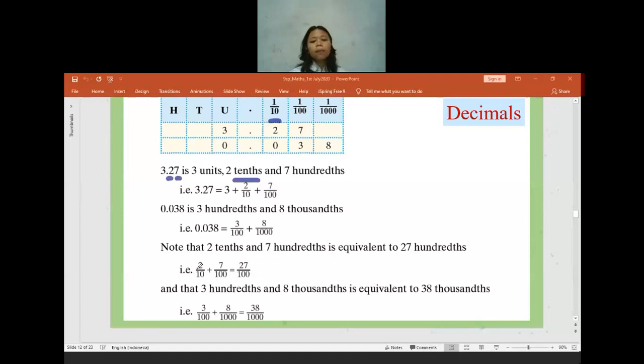And so on. I think you are already used to it, or is there anyone still confused about finding the place value of a decimal number? It will start from the tenth, not from the one after the decimal. So it will be tenth, hundredth, thousandth, ten-thousandth, and so on. Is there anyone who has difficulties or is confused about finding the place value? No, teacher. Okay. If no one has difficulties, let's move to the other thing.